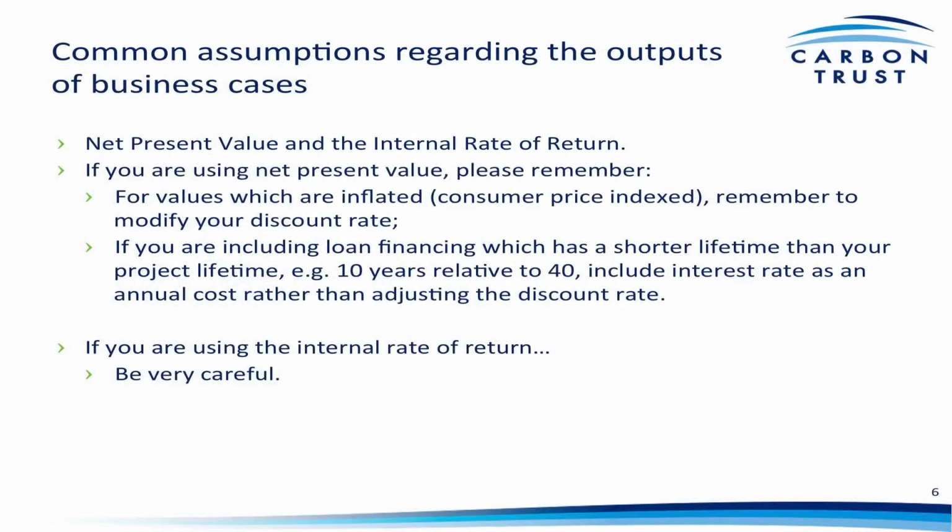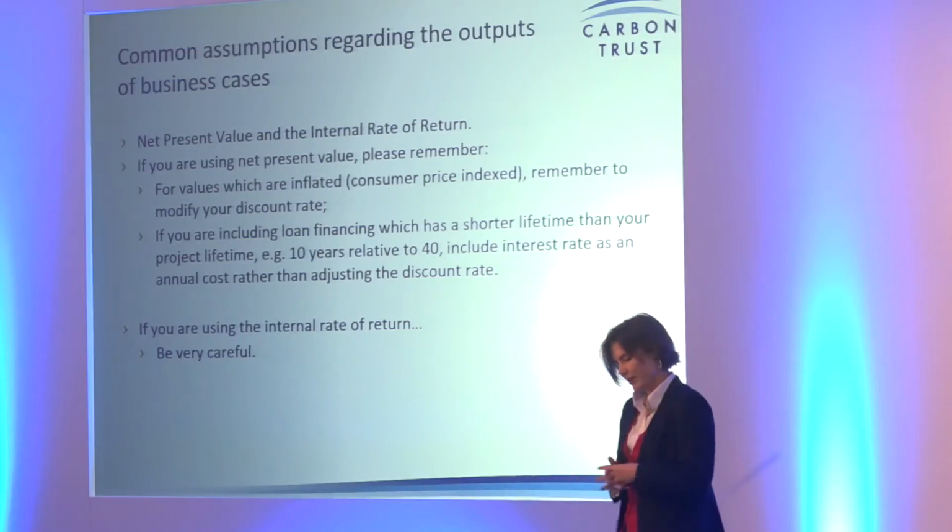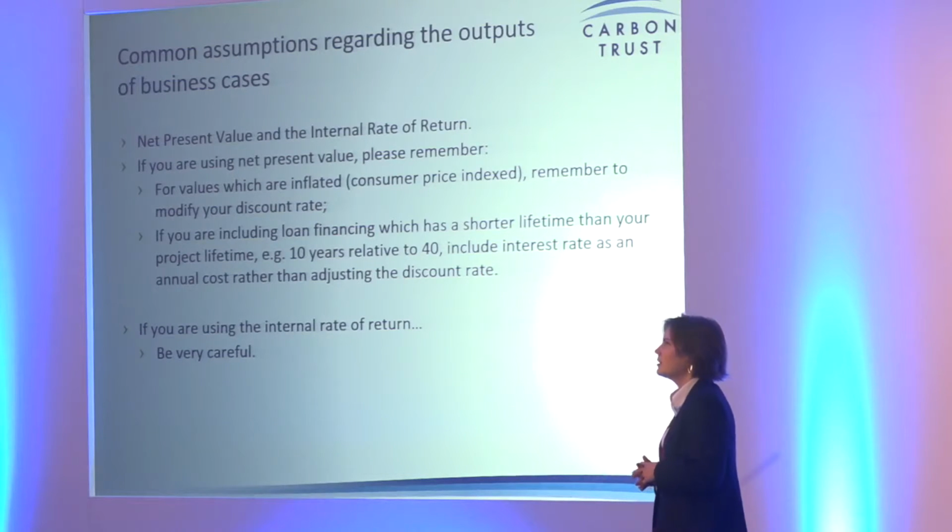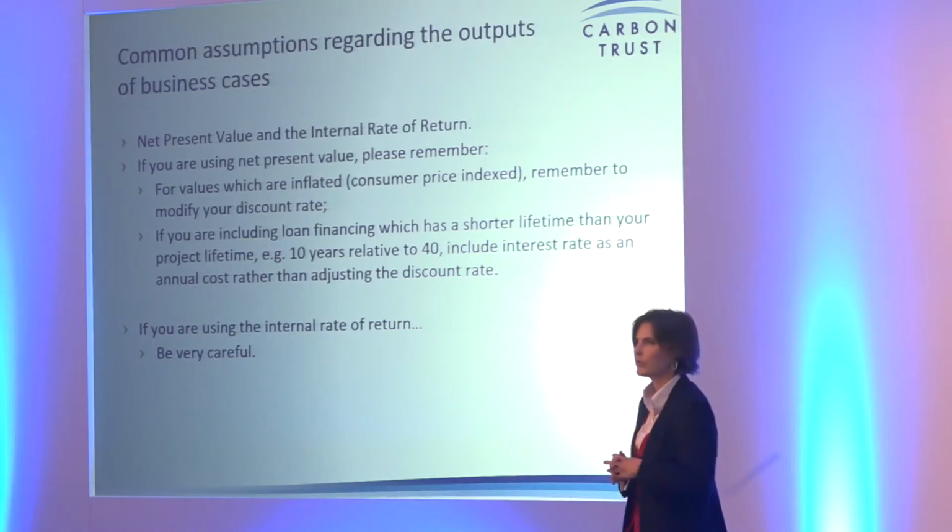So what's interesting to me from the DEC HNDU heat metric project template that I showed a snapshot of, they are now asking for 3 financial metrics in their outputs. They're asking for net present value, internal rate of return in various forms, and a return on investment. Now, they're not doing that to be difficult. They're doing that because there are issues with making judgment calls based solely on net present value or internal rate of return. For net present value, there are a lot of ways you can do this.